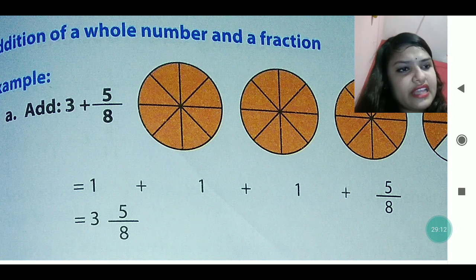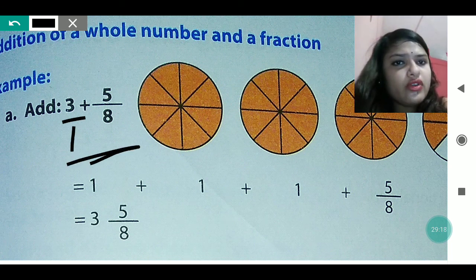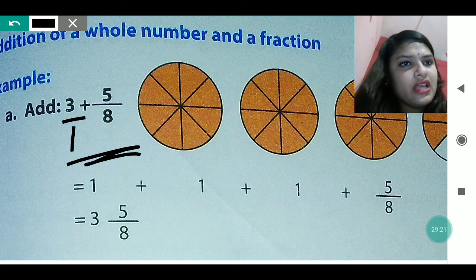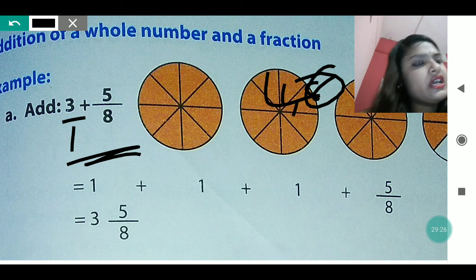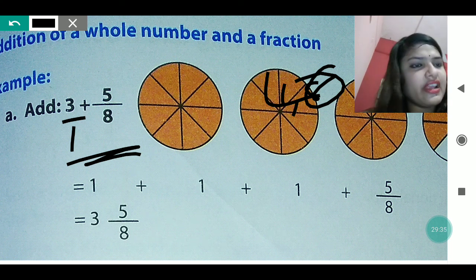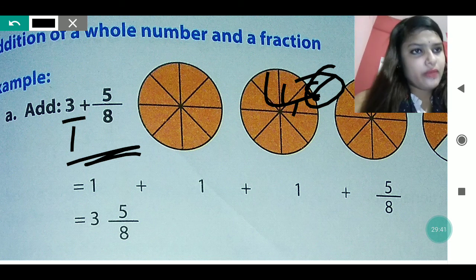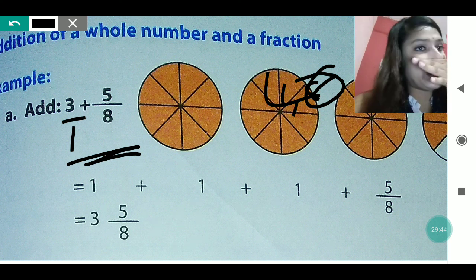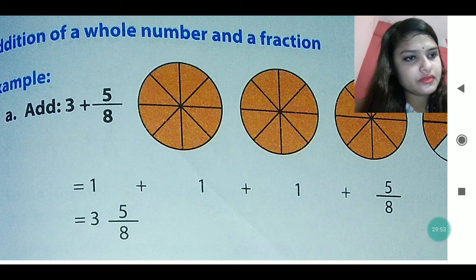If it is written like this, 1 will be there. So what you will do, you will find the LCM of these numbers. LCM of 1 and 8 will be 8 only, isn't it? You don't have to do anything here. But maybe in big questions you will get some other LCM, then again you will find the common denominator. You will do the LCM of both denominators, then you will get the common denominator and then you can do it.